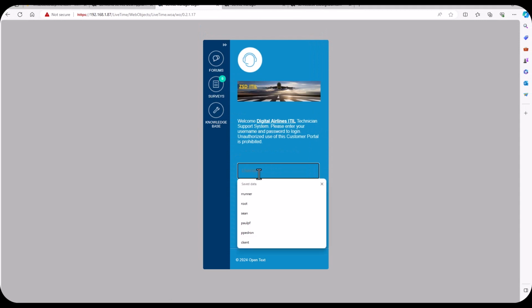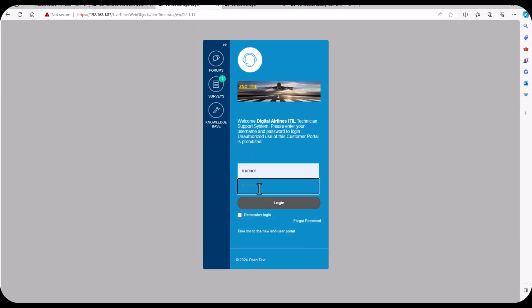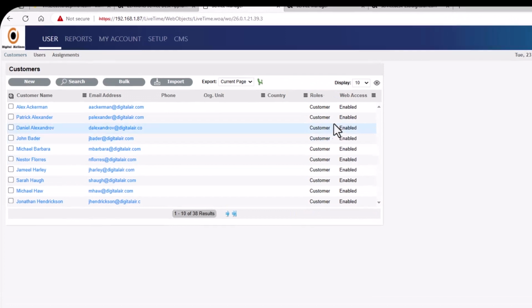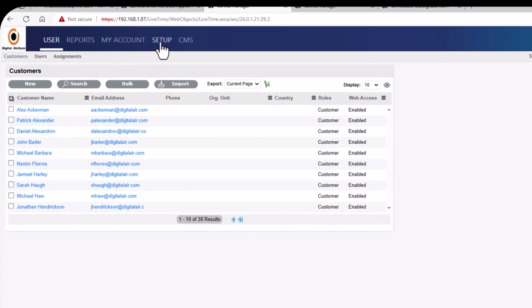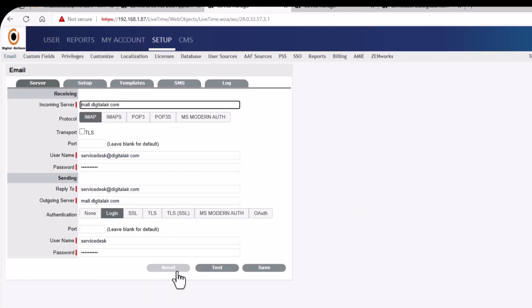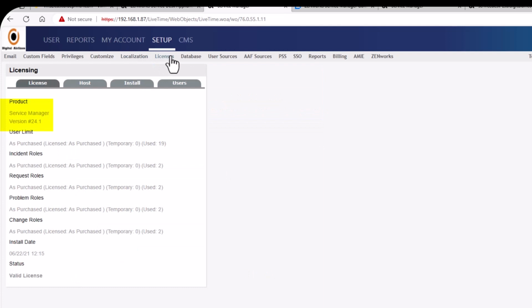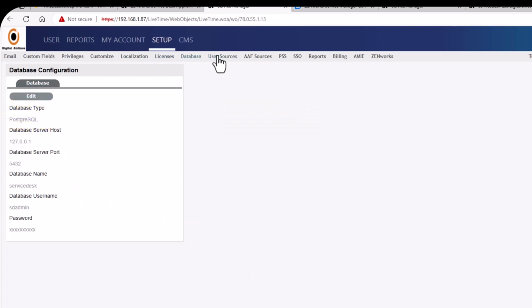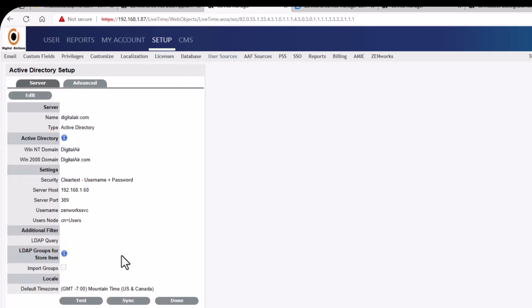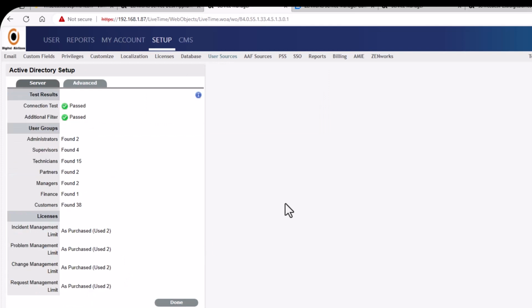Now if we look at logging in as our supervisor or administrator, we can see we do have all the customizations there. We can go back into our setup. We can do a test. Email server, that's good. We can see our license. We can see our database. Our user source, we'll go ahead and tap into that, make sure that that test is okay, and we're good there